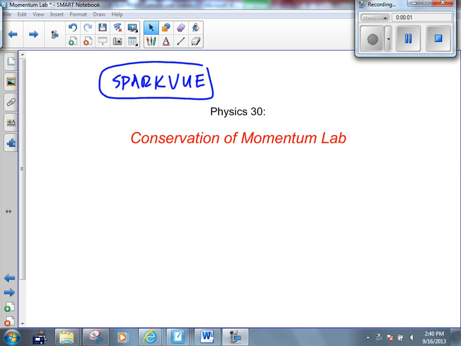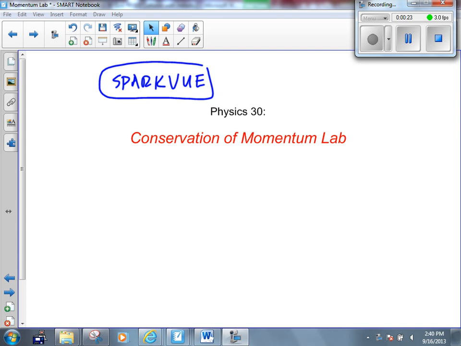Today's activity is going to involve verifying the law of conservation of momentum. We're going to do this in a bit of a different way than you've ever done an activity before. We're going to measure an initial velocity and a final velocity of a two-cart collision over several trials. We're going to plot a graph, and then use that graph to determine whether momentum was in